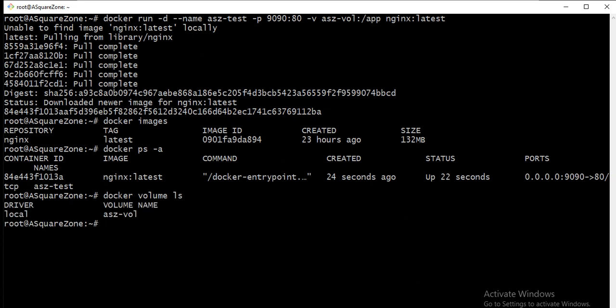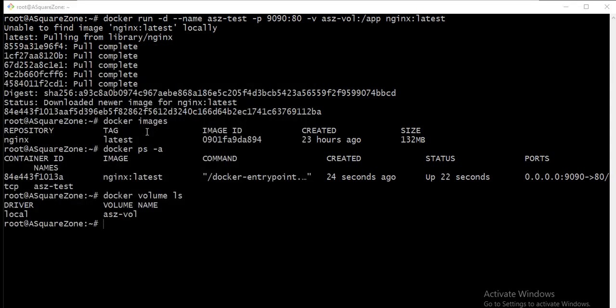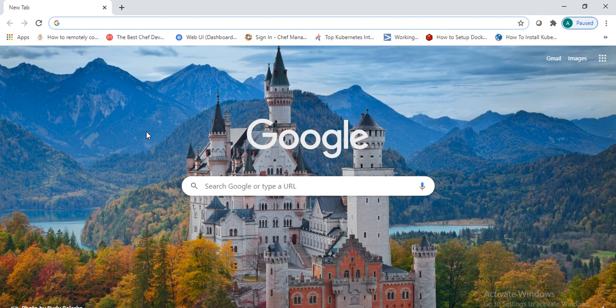So it is there, and as we have the Nginx server on this volume, we can share these volumes across multiple containers, and they can be mounted in read-only mode as well.